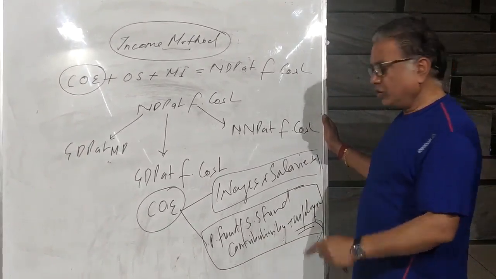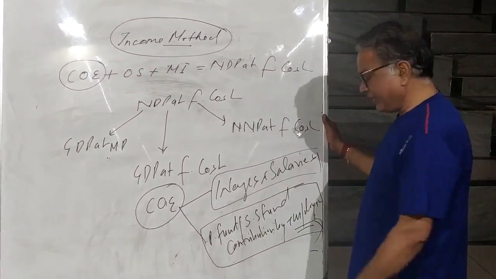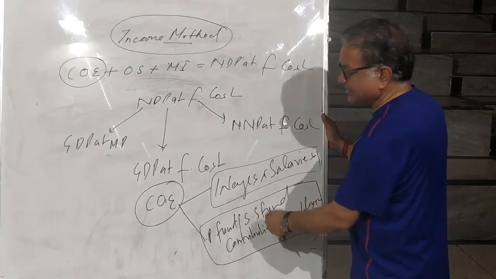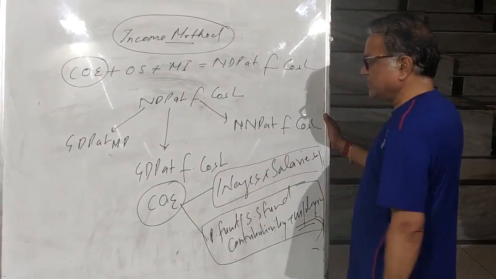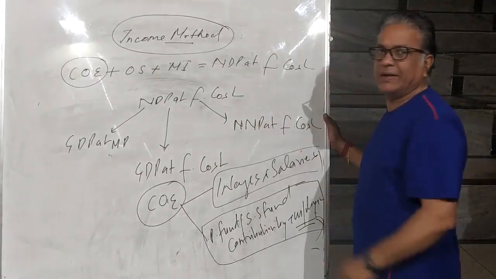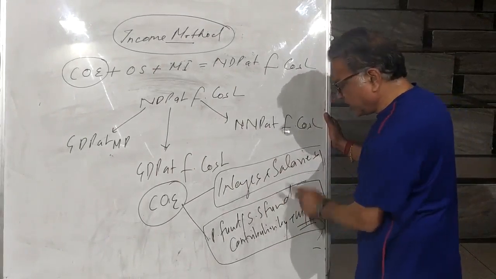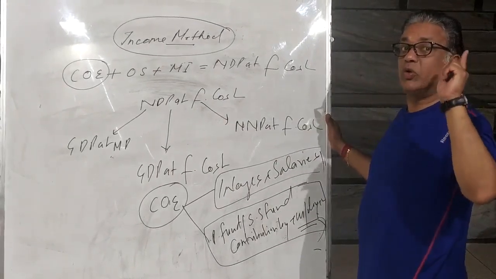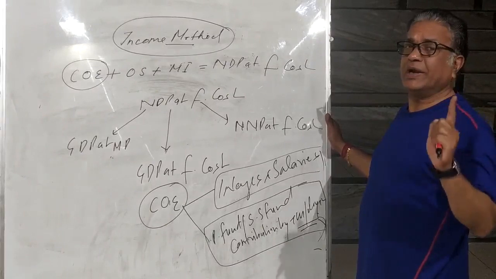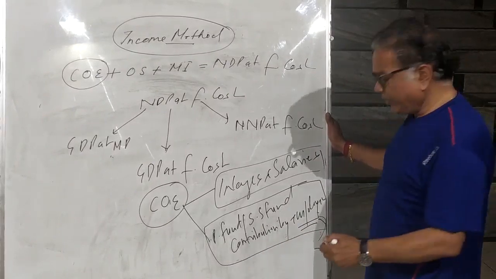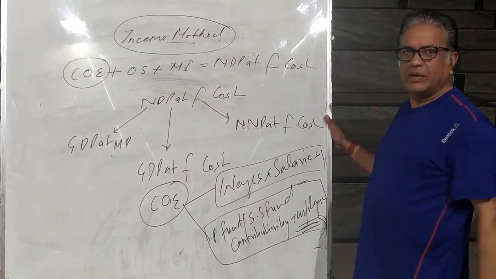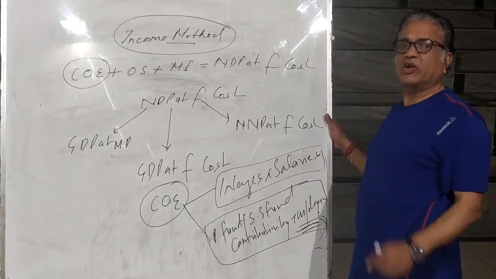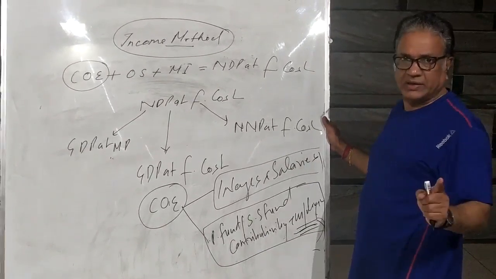Sometimes in panic, you don't read the item carefully. You have seen the social security contribution and straight away you have added it with wages and salaries and picked up COE there. So whenever the social security contribution is given, you have to look very carefully at by whom that money is contributed. If it is contributed by the employer, then you add it. If it is contributed by the employees, don't touch it.